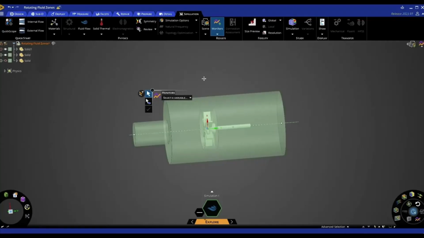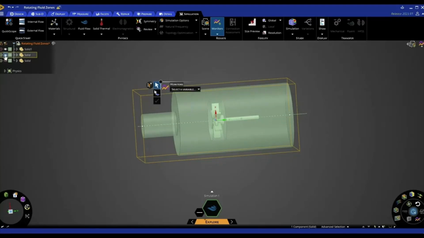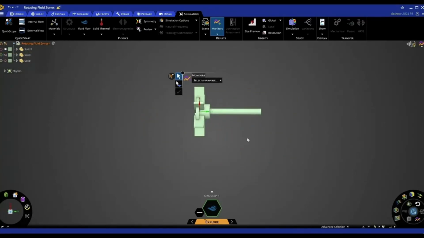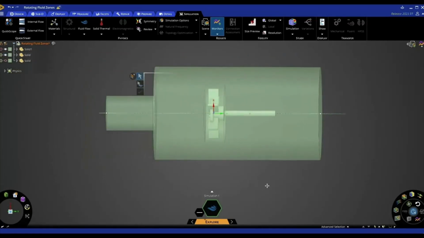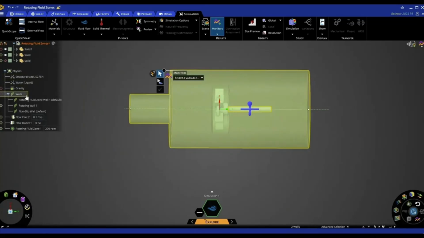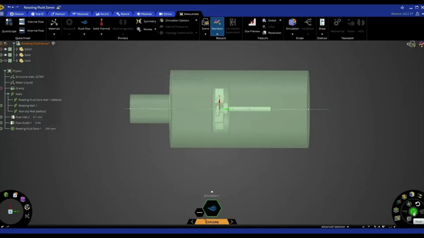Just a very quick example here. I've got my blade, in this instance it's a mixing blade, and my fluid zone. The physics I have already set up, so I'm not going to go through the setup just because of time purposes, but we've got our inlet, we've got our outlet, we've got our fluid material, and then we've got our rotating fluid zone here, which is set to 200 RPM in my instance. So hitting the solve button,